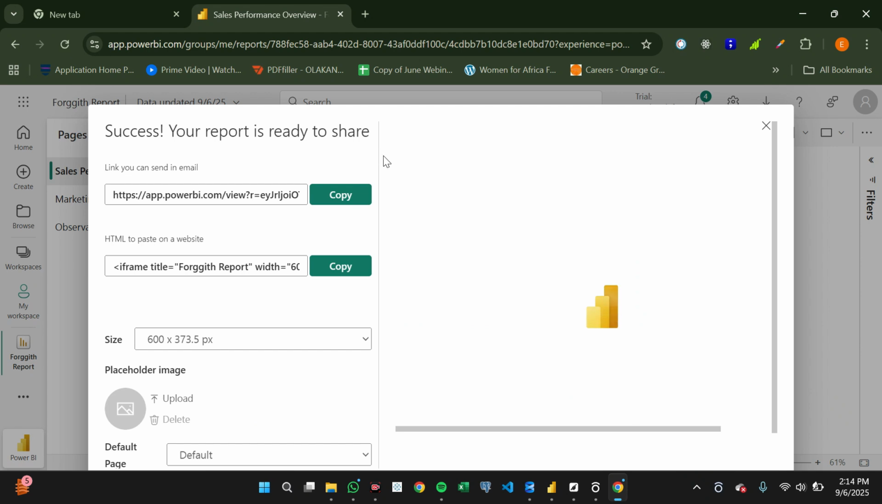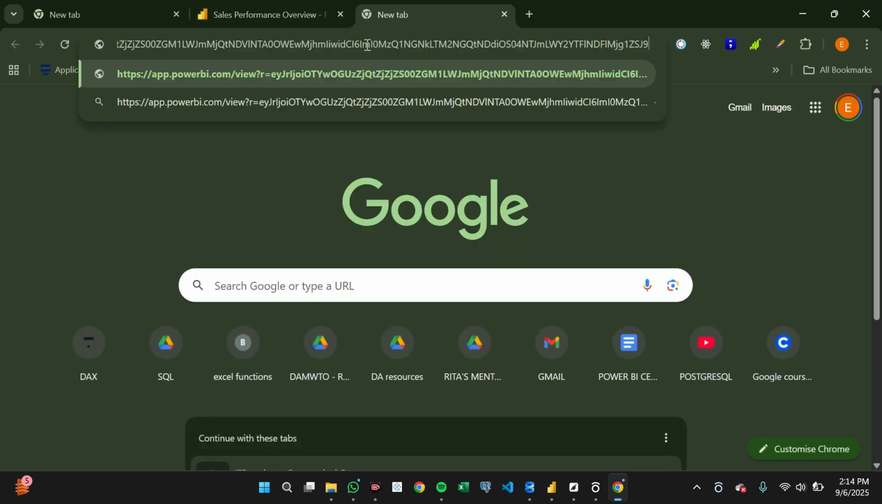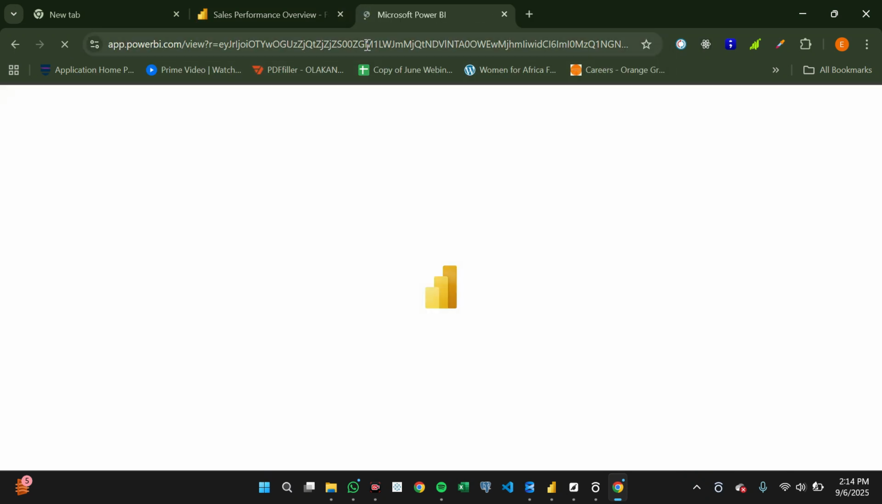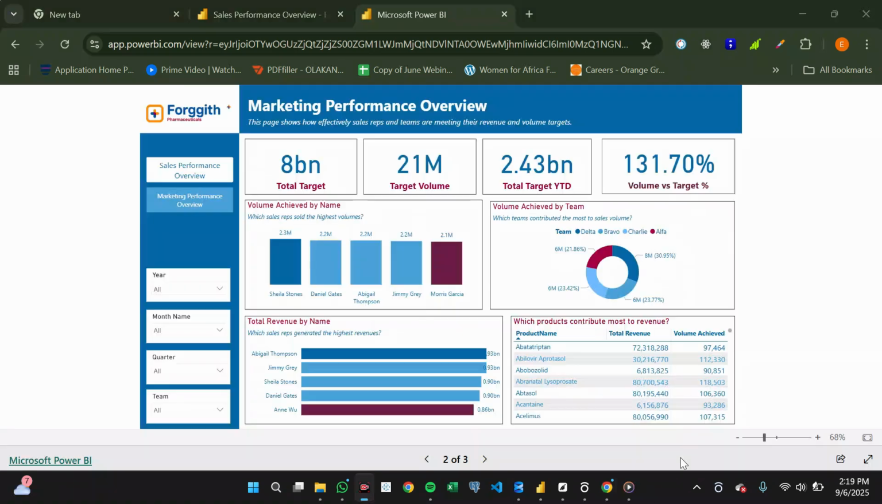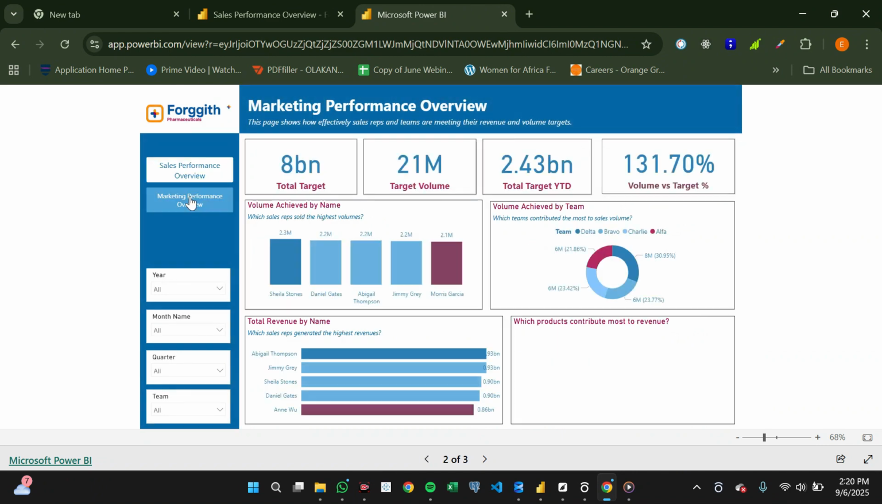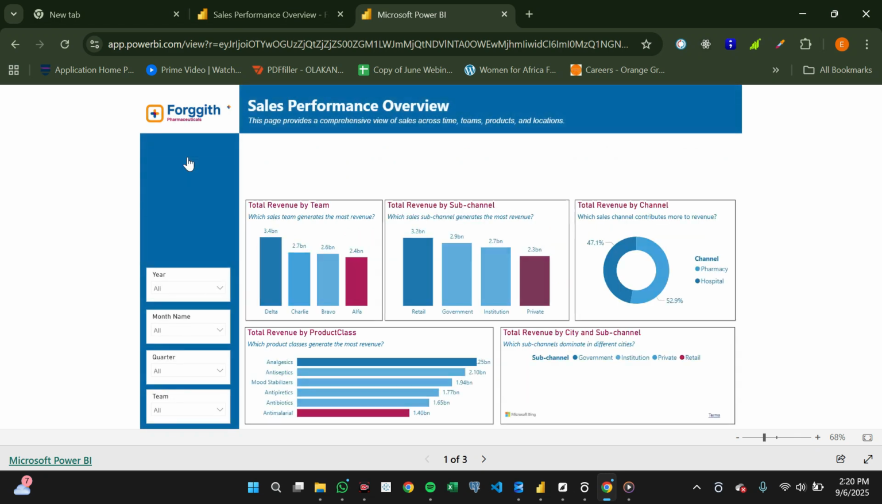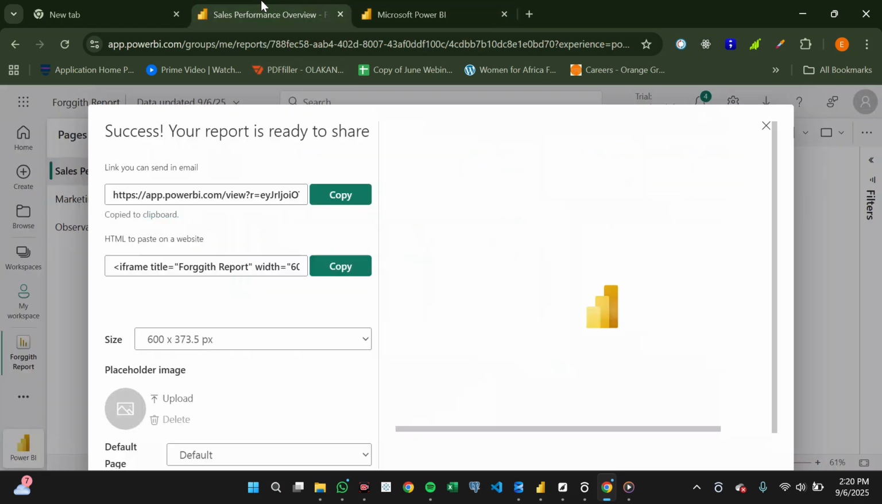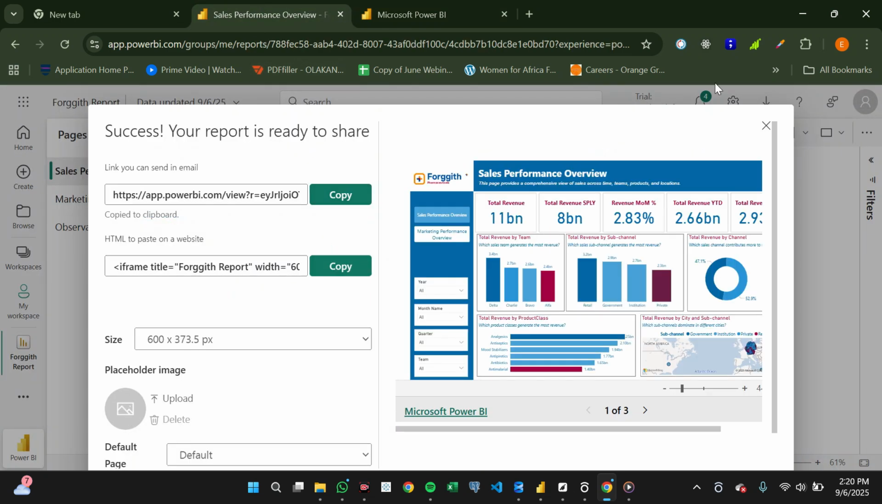Once you are done, you can copy this link here to check if it is working. You can open a new tab and press Ctrl V. Now that we are sure that the link is working, we can test out the buttons. You can see that the link is working. And I would also like to show you how you can